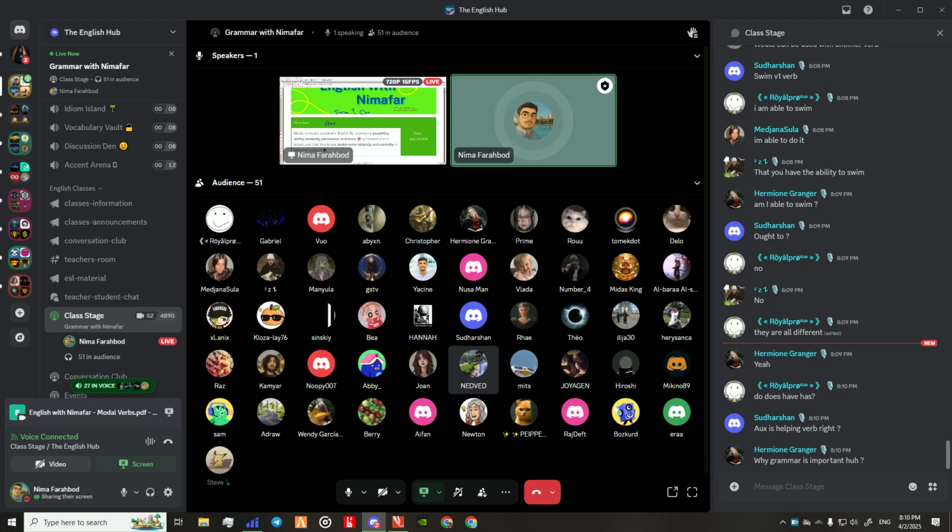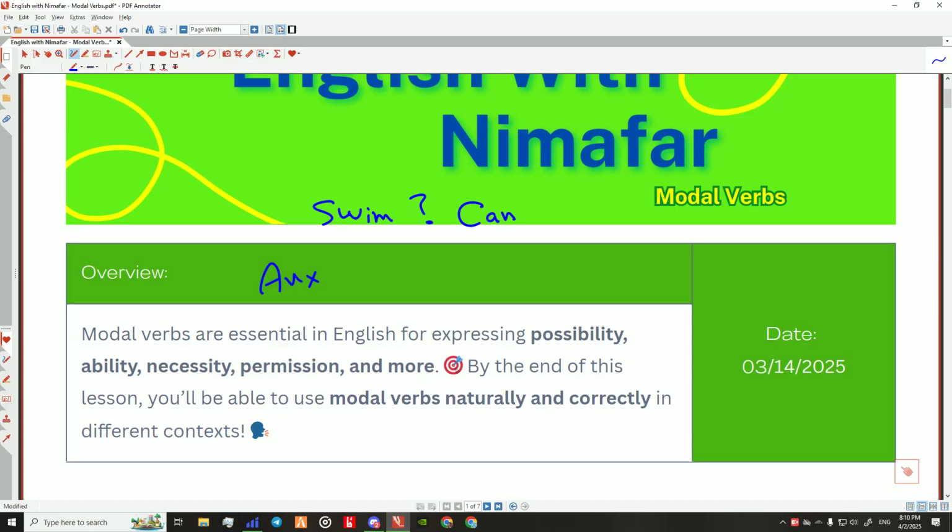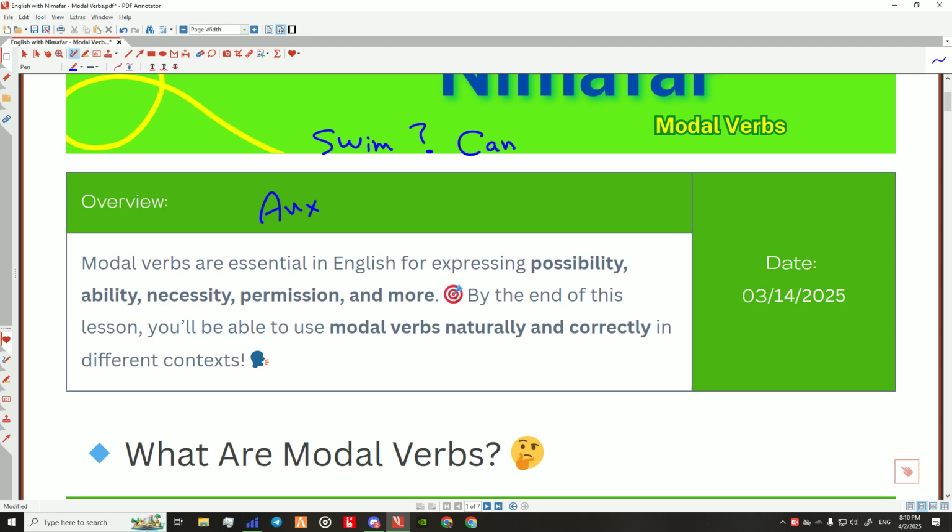And here we have modal verbs. And we have semi-modals, which is something else, but we'll talk about it later. Something our friend says, ought to, or I have to do something, they are semi-modals, but generally yes. So we use them, as we said here, for expressing possibility and different things.